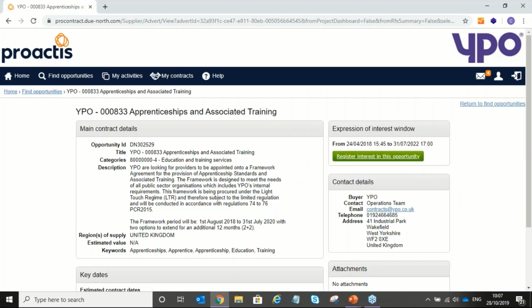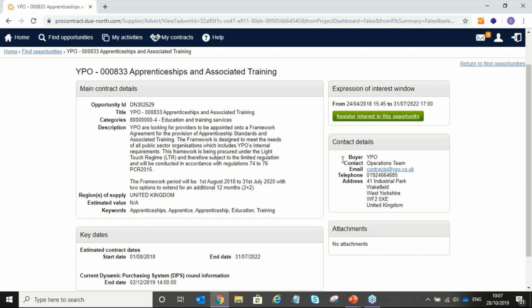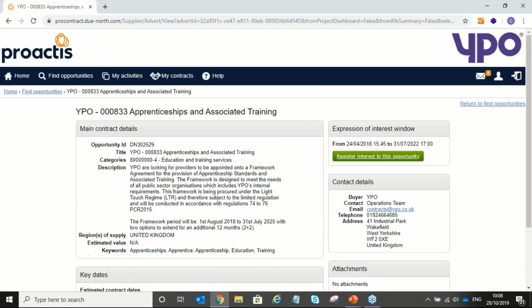So you're just going to click on the blue writing here, and it's going to bring you through to the expression of interest. So here it's just going to give you a little bit more information about the tender, some contact details should you have any issues, again just some key dates. So the first thing to do really is just to register your interest in this opportunity, which is here on this green illuminated button. So I'm just going to click here